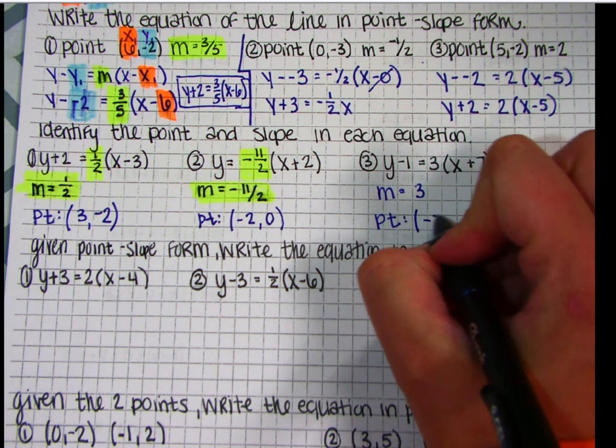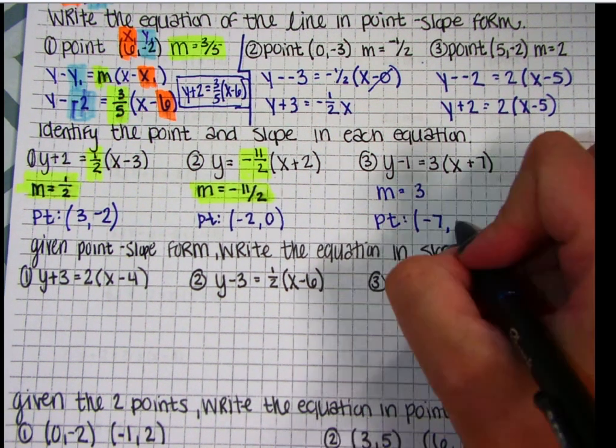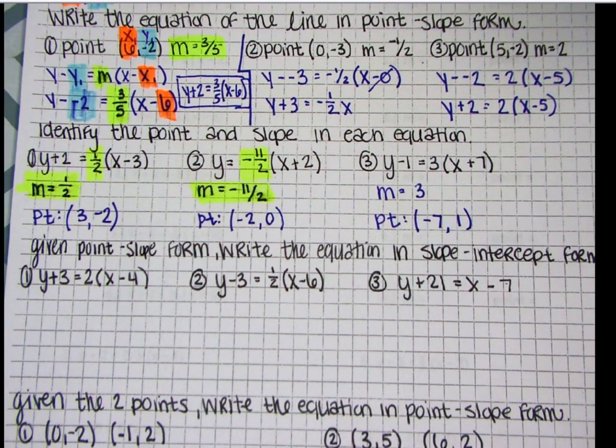-7, comma what? 1, good job. Remember, the hardest part of this is pulling the points out and changing the sign of them, because it's tricky because it's subtraction. That's the hardest part. So if you can remember, just flip the sign, opposite signs of your points, you'll be